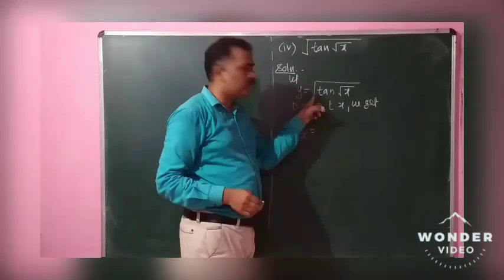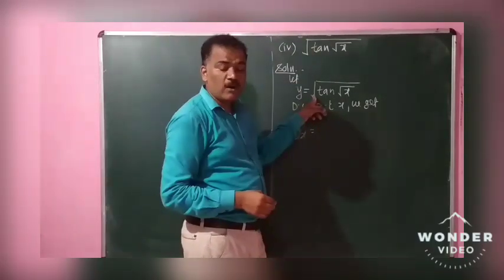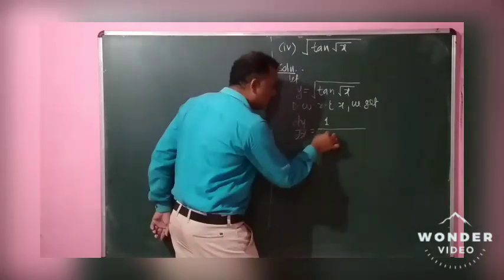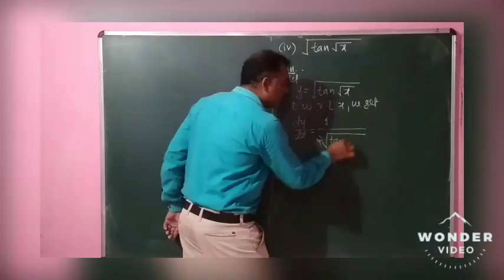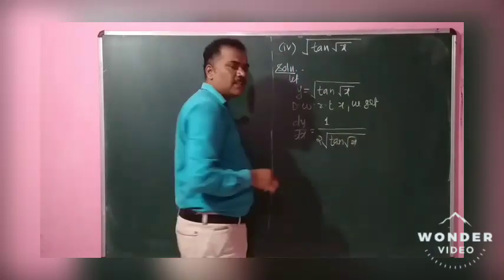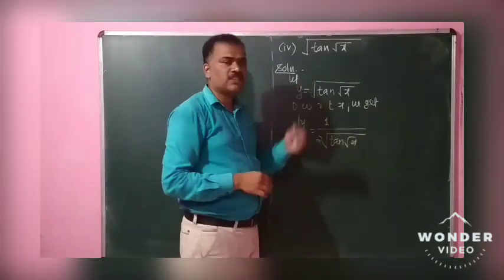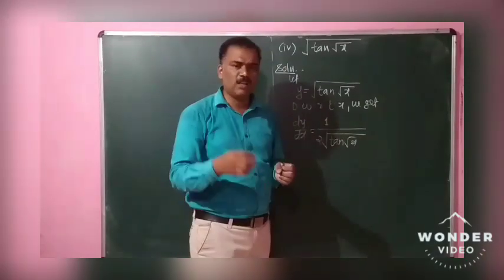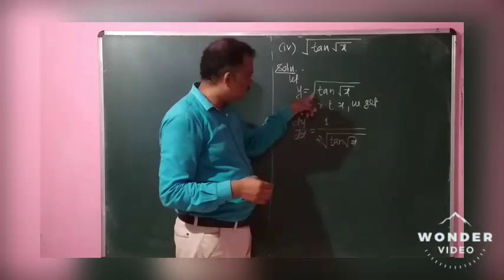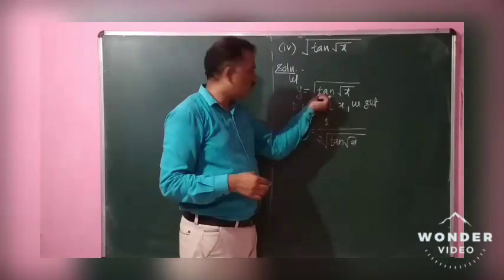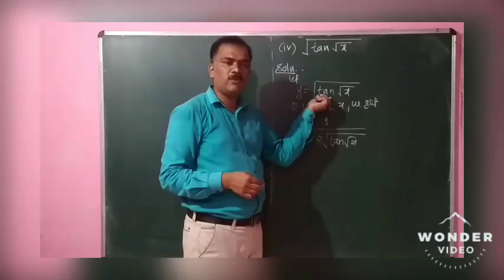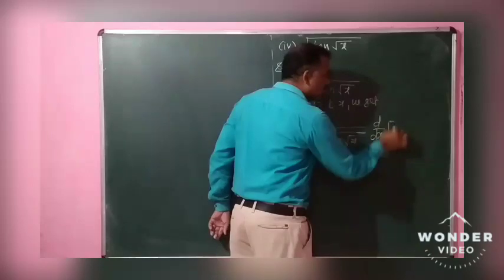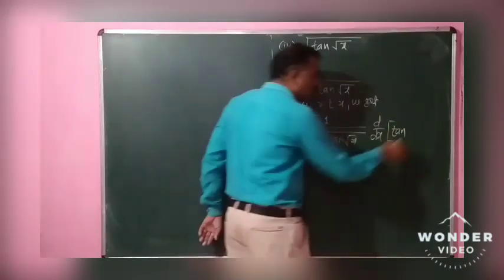First, we have to take the derivative of this root. What is the derivative of root? 1 upon 2 times root of x. It is 1 upon 2 times root of tan of root x, because inside the root there is a variable x, which means it is a function of x. So we use the formula that the derivative of root x is 1 upon 2 times root x. First, we take the derivative of this root, 1 upon 2 times root. Now we have to go inside the square root. That is, we have to take the derivative of tan, that is into d dx of tan of root x.